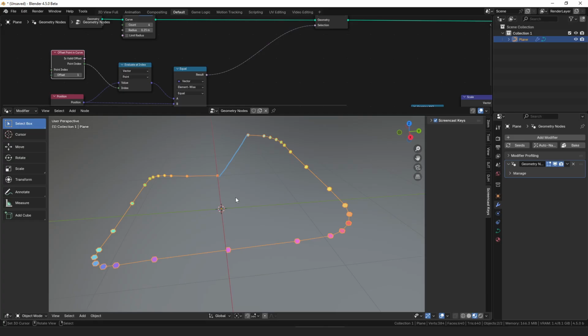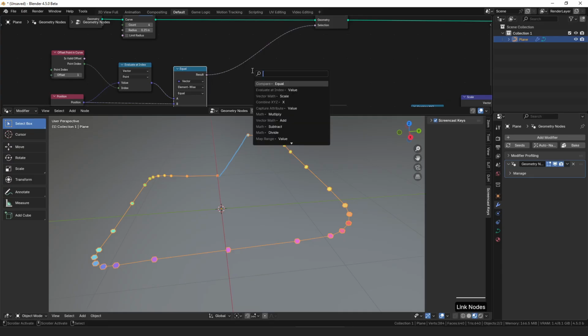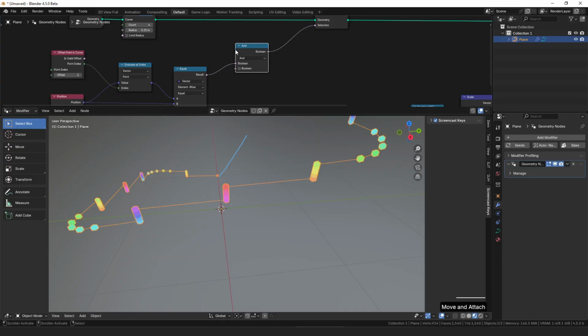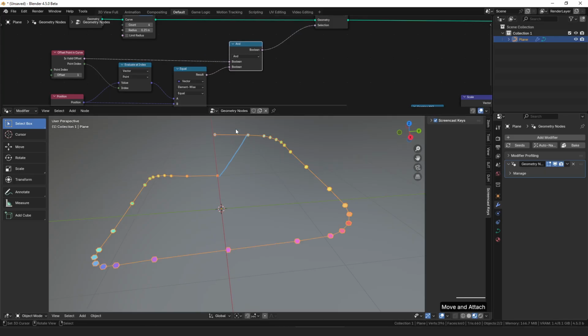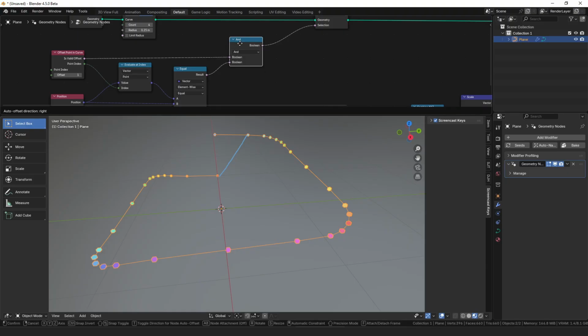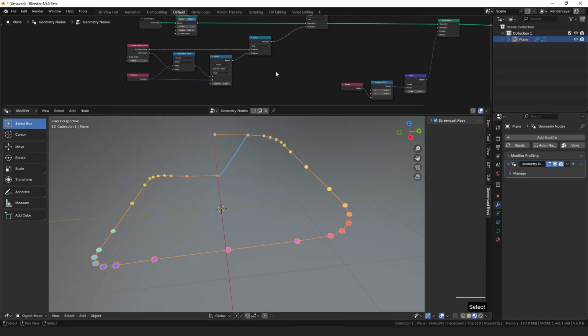So that might not be what you wanted, probably isn't, and so we can just do an AND here. We want to say, are they in the same position, and is it a valid offset, because that will be false when we loop around the curve if the curve is not cyclic. And just like that, I believe that is all that you need to make a merge by distance modifier for